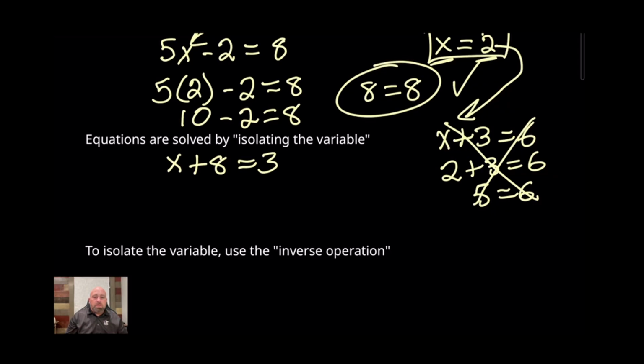What we need to do, and this is a little trick that we'll learn in just a second. I'll tell you what it's called here in just a second. But if you go to x plus 8 equals 3, what we want to do is get x all by itself. The way that we do that is we subtract 8 from both sides. Makes sense, right? So if you have x plus 8, if you take 8 away from it, you're left with